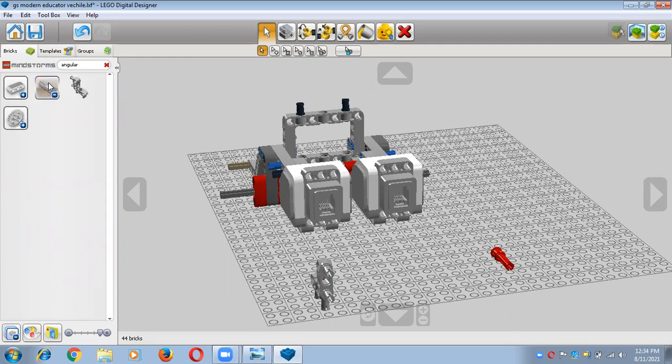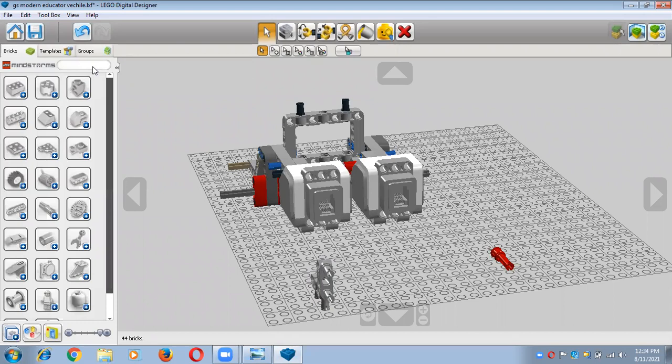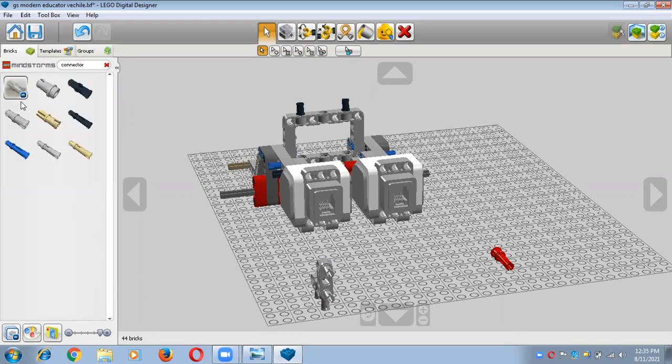I want a connector peg, right? So I'm just typing here connector peg. Yes, I want to use this connector peg. I want to take this one.